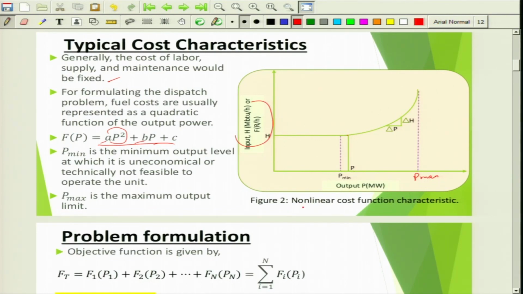So P minimum is the minimum output power level below which it is technically not feasible or uneconomical to operate. Below this limit it is unviable technically and commercially to operate a typical thermal power plant, and above P maximum there is a threshold to which it can generate. There is a thermal threshold for a power plant. Now the problem formulation is